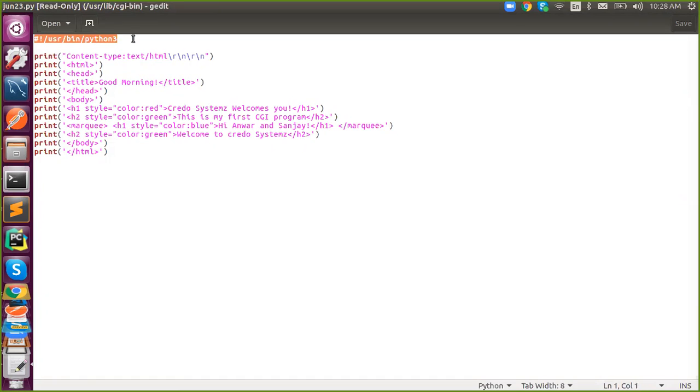So you need to define the interpreter location with the help of the magic command, hash, exclamation symbol, space, and your Python interpreter location. So the CGI script will take the Python interpreter path, that is called the Python path, from this command. Understand? And followed by that, you need to use a print statement to print your HTML script. It starts with a content type. This is a must. You need to say which content type, because this is related to the web browser. Whenever you're passing data, you have to tell them the content type is text/html.